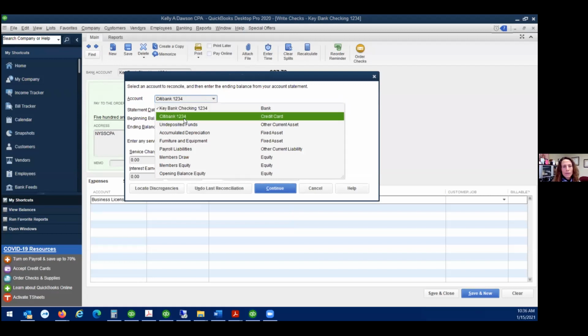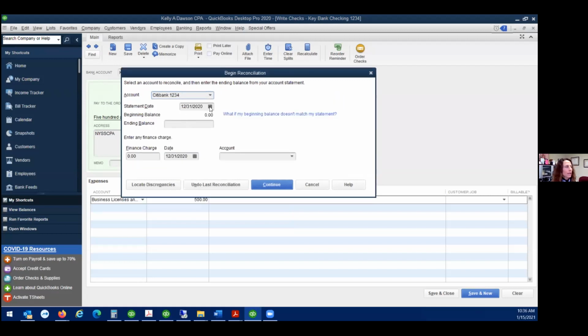So I'm going to select the Citibank account, and then I'm going to put in the date as of, I'm going to use 2/28 because I can't remember. Oh, I might have used 10 for making the payment, so I better use 10/31. And then I'm going to put in my ending balance as 155,579. And then I'm going to say I carried over a balance from last month and the company charged me $6.25